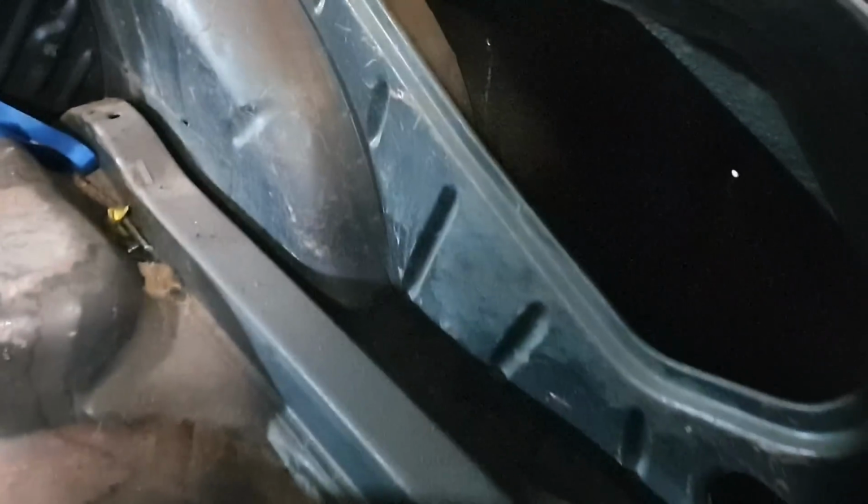I want to try and get some of this original colour too when I paint the boot, because I heard rumours that when Holden were doing this, all of the leftover paint for any particular day was just chucked in a pot and some black thrown in, and it sort of mixes up into this sort of bluey grey colour. So I'd like the boot to be painted back in its original colour, but I've got to do some,